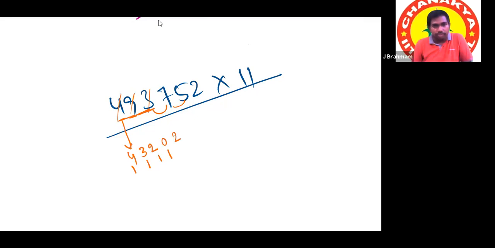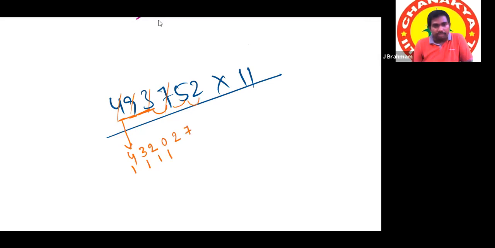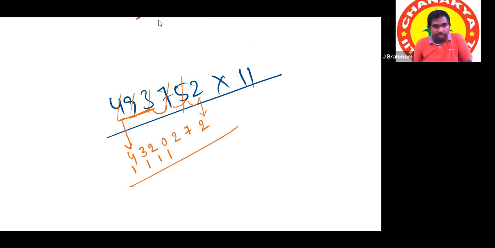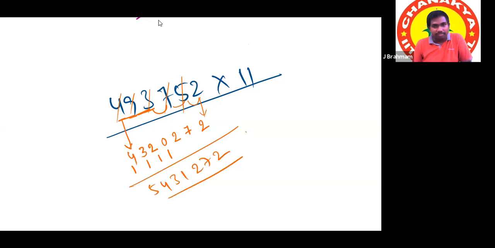Here 1, 2 here. Okay. Then leave 7. Then 5 plus 2. 7 itself. So no carry. 7 as it is. And last, 2 as it is. Okay. Yes, sir. So then balance it. Balancing means nothing but addition only. 5, 5, 4, 4, 3, 3, 1, 1, 2, 7, 7, 2, 2. That's all.